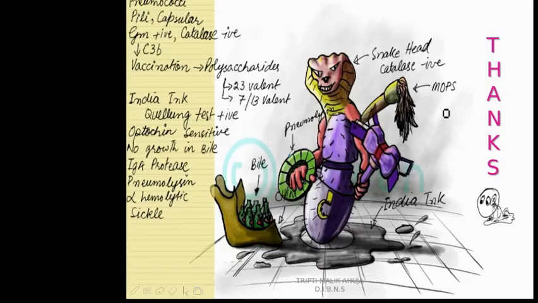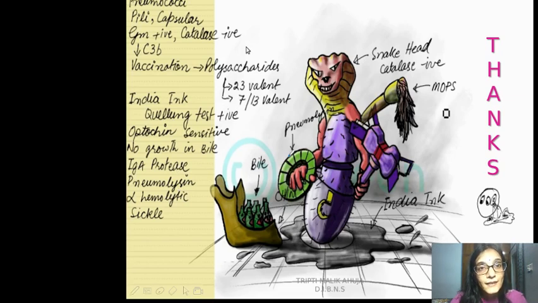Now using this, I am giving you a memory tip. In this memory tip, you can see all the characteristics of the pneumococcus. They are compiled together. The various characteristics: the C3b production, vaccine, India ink, Quellung sensitivity reaction, IgA protease, pneumolysin production, more commonly seen in the case of sickle cell anemia children, and the MOPS, the colony appearance. So using this memory aid, I hope you will remember this bacteria and it will help you to understand it.